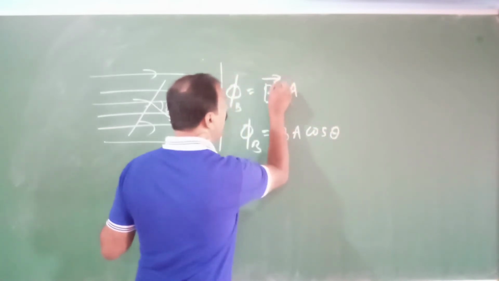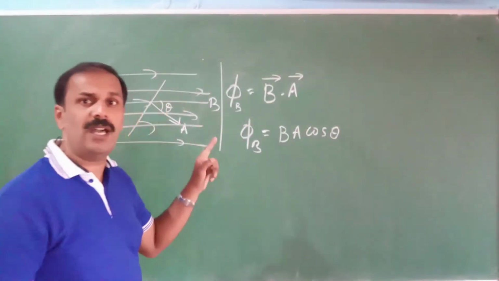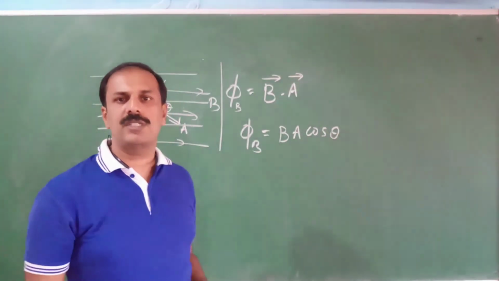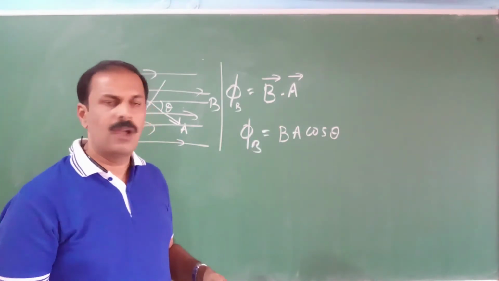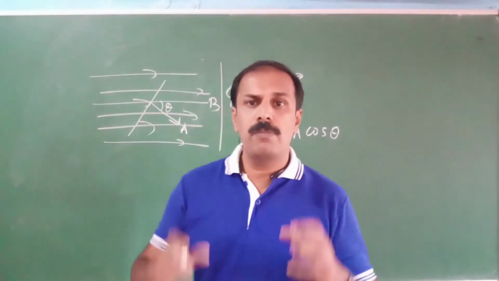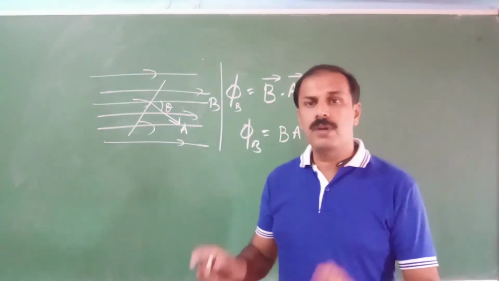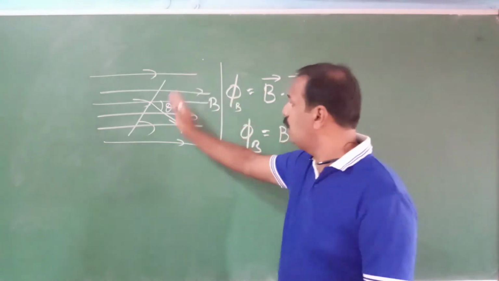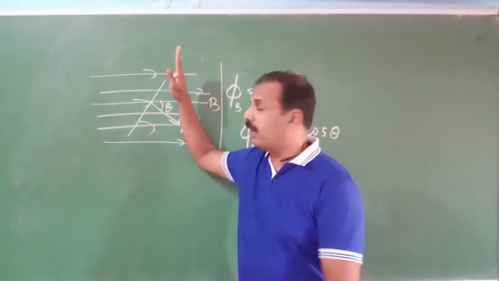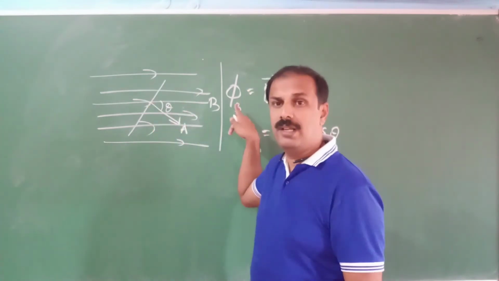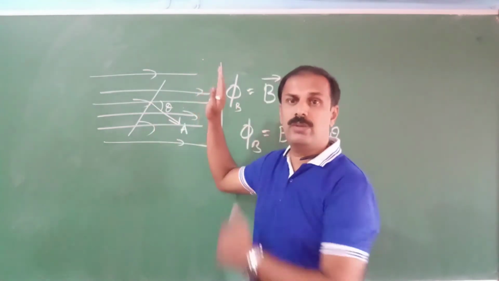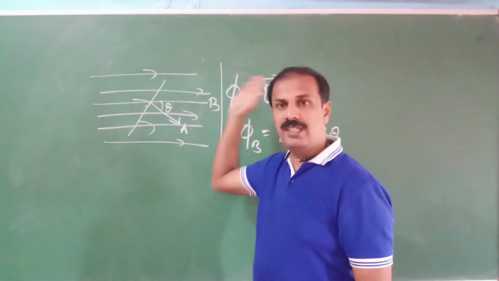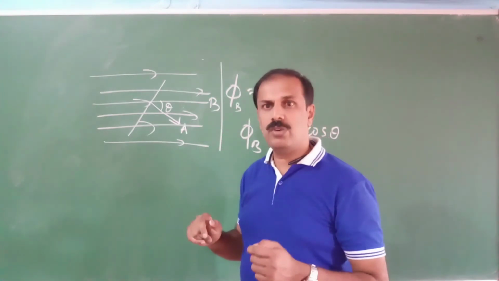See here, B and A both are vectors. We are considering area as a vector. So this magnetic flux is given by B A cos theta, same as the electric flux. Or physically we can say the magnetic flux is a measure of the number of field lines passing through the particular area. So if your physical area is perpendicular, our area vector will be parallel. That time the entire flux is passing through it. The flux will be maximum when your area is standing like this. If your area is standing like this, then the number of field lines passing through it will be less.